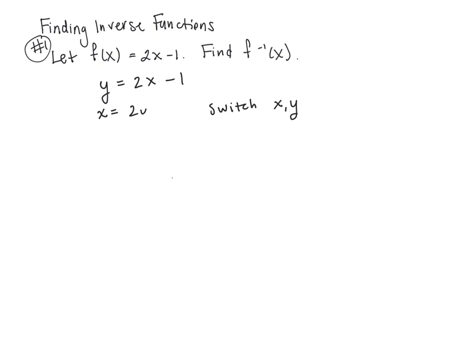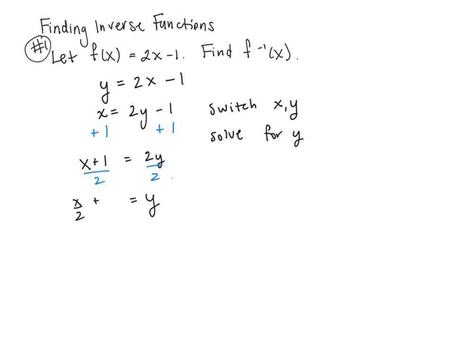x equals 2y minus 1. Now I'm going to solve for y so that I can get y as a function of x. I'll do that first by adding 1 to both sides. And so on the left-hand side, I get x plus 1. On the right-hand side, I have 2y. And then I need to divide both sides of the equation by 2. So on the right, I just end up with y, and on the left, I'll have x over 2 plus